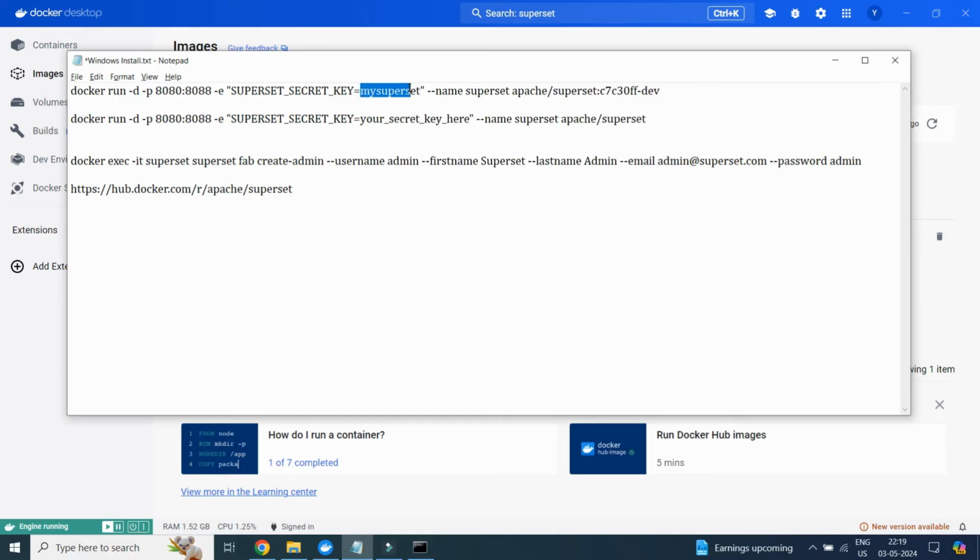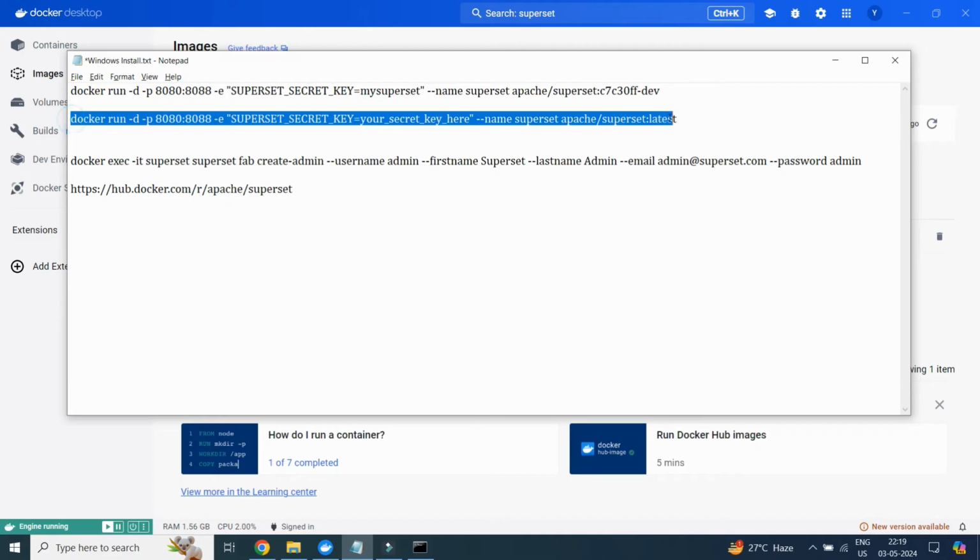For my installation I have used mysuperset, and you need to add this tag in your command, that is C7C30FF, the tag. Otherwise by default it will take latest. Since the official latest release is not available, we are using the above command.